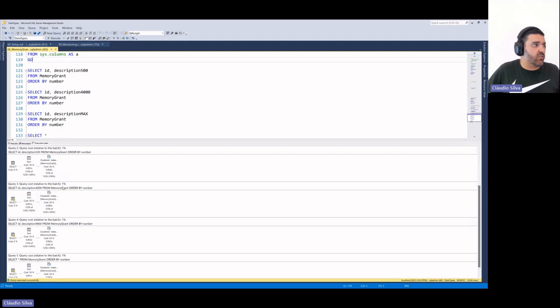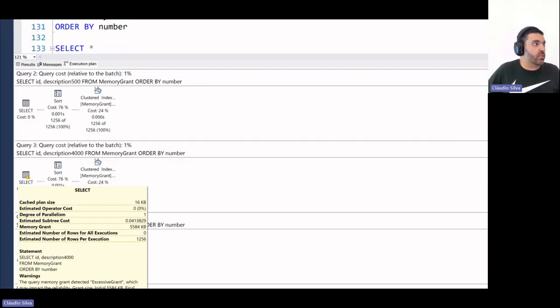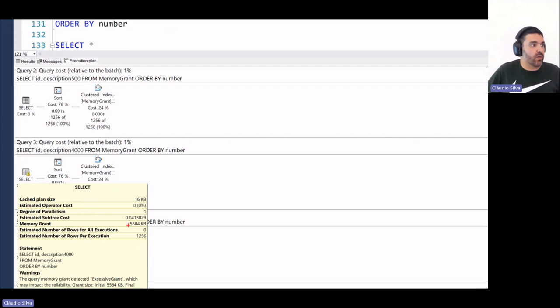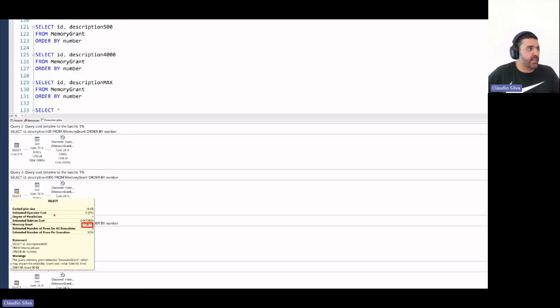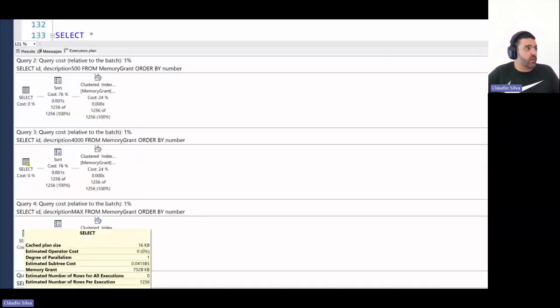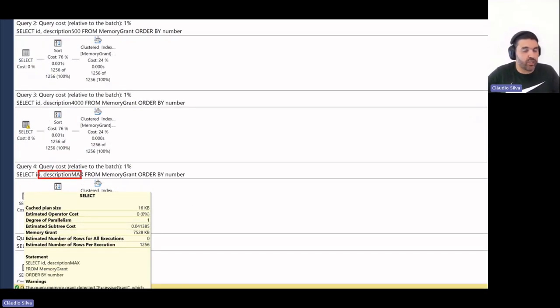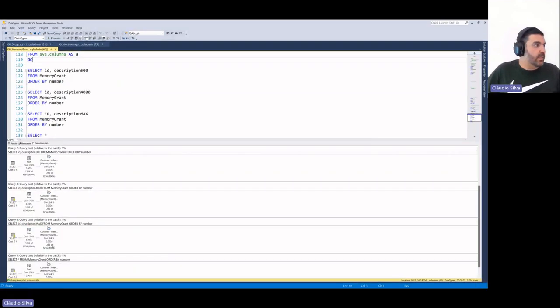If I'm asking for the description 4,000, now I no longer have 1 megabyte, but I have 5.5 megabytes, okay? And if I'm asking for the max, which is empty, by the way, it has null, not empty, because null has no value there. Empty would be an empty value, but this is null, it doesn't have anything. But still, it says, well, give me 7.5 megabytes to run these things.